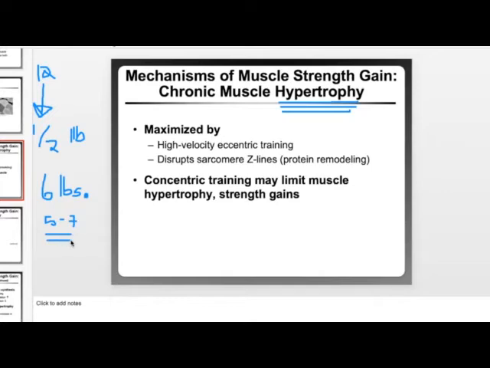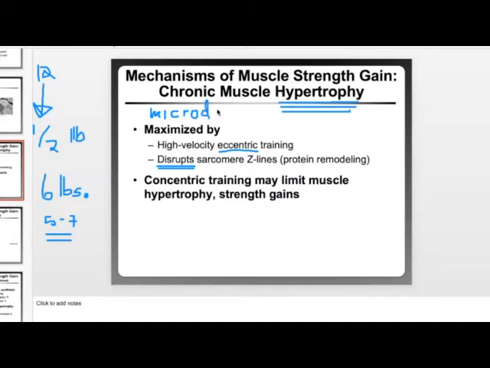All right. So how do I do that? Well, number one, I make sure that I remember my rules. Eccentric training tears the Z lines, the sarcomeres, apart, and it breaks the muscle down. It causes these disruptions in the Z discs and the Z lines, and it actually causes micro damage. All right, so micro damage is the thing that is going to trigger this hormonal response.